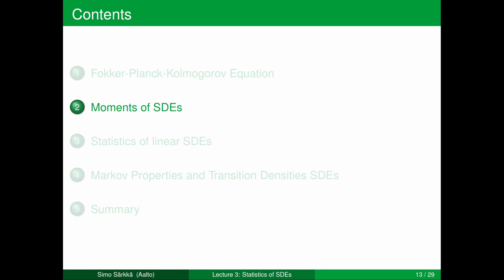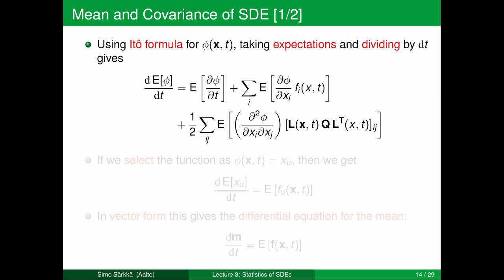Let's now take a look at computation of moments of SDEs. As in the derivation of the Fokker-Planck-Kolmogorov equation, let's use the Ito formula for phi of x and t, where now phi also depends on t. So if we use the Ito formula, take the expectation and formally divide by dt, we get the following differential